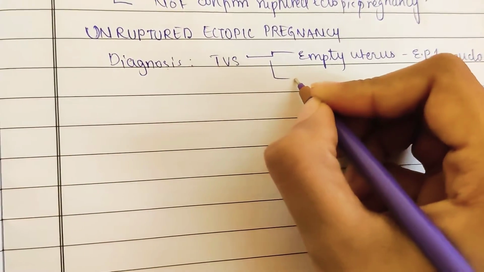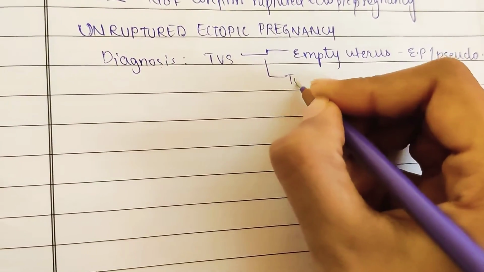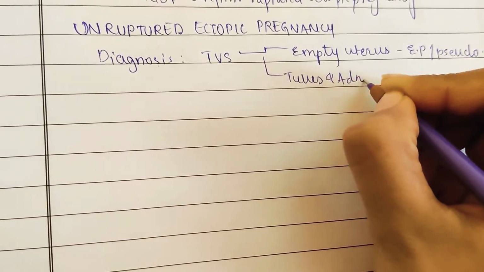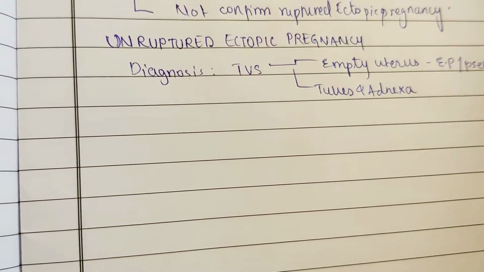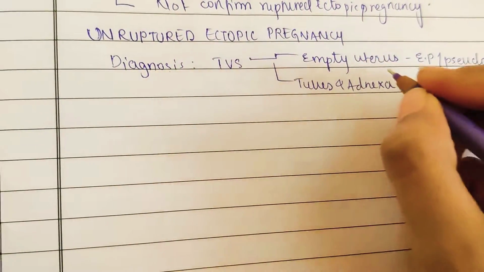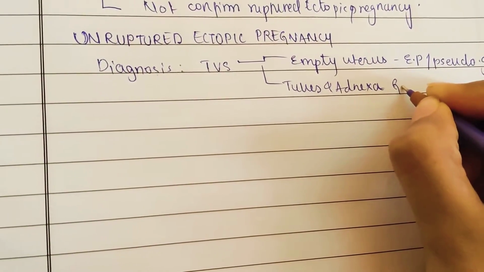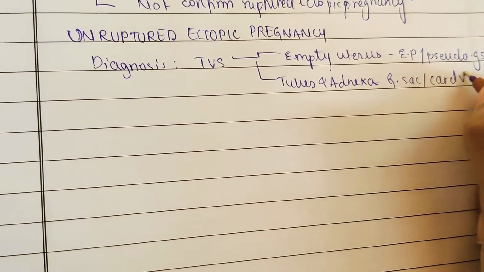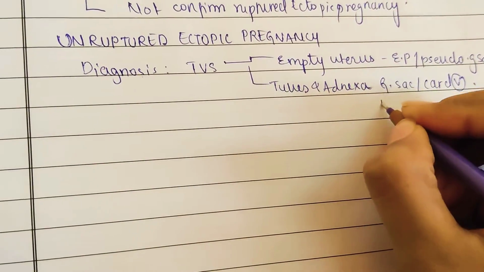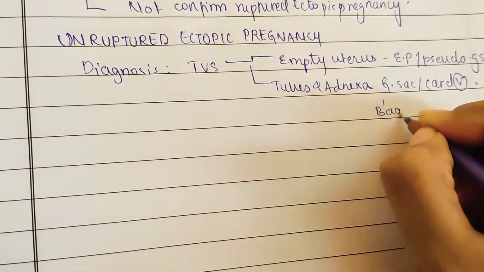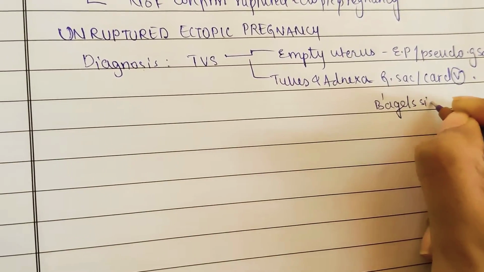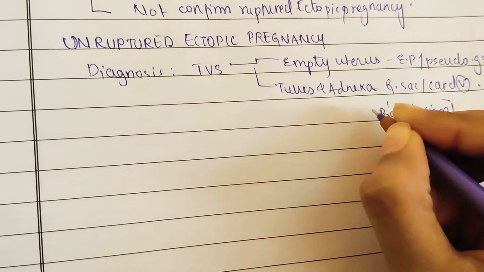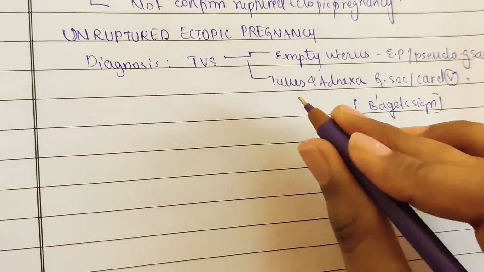And now coming to TVS, if you see the tubes and adnexa, here you may see a gestational sac or cardiac activity in the tubes, then it is called Bagel's sign. And we should feel lucky that we have found this, because usually in the ultrasonography we can't find the